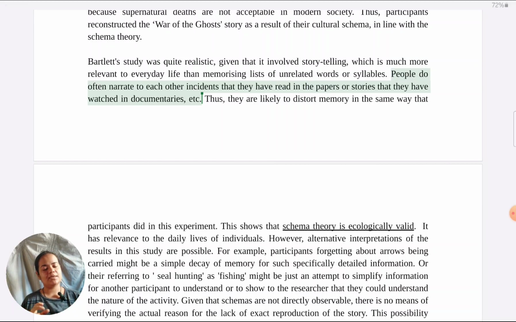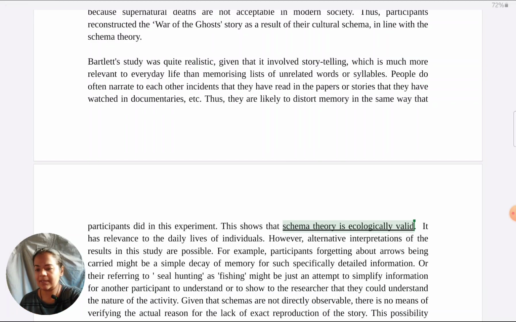If I write a study is ecologically valid, that is one sentence I can give for so many studies across topics. So it's called generic. The same sentence I can lift off and put to many studies. This sentence is specific to Bartlett's study. His study is realistic because it has these elements. This is called contextualizing evaluation. So the strongest strength is taken, ecological validity. It is presented in the contextualized way.